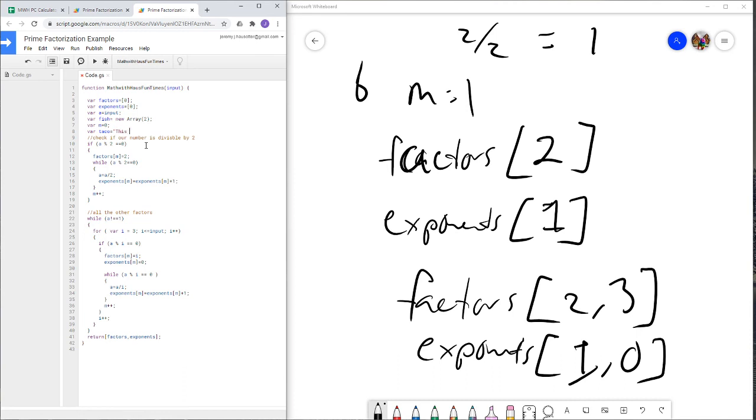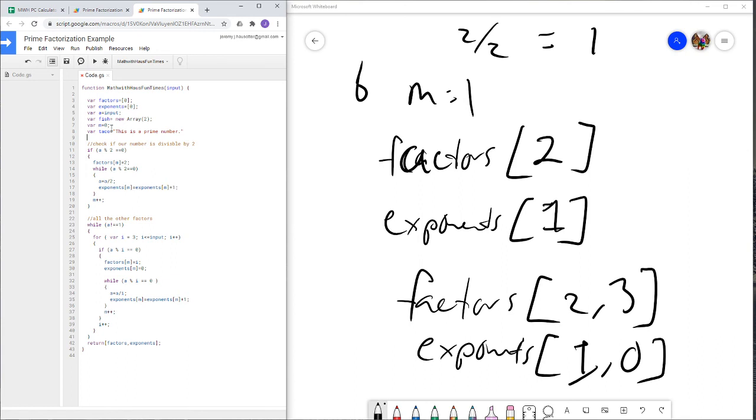Instead, we should just have it say this is a prime number. So let's type out this: This is a prime number. Period. Alright, so we have a variable, taco, and it's equal to this string of characters, "This is a prime number." So we're going to modify this. How about we call this a prime check. Prime check. So if,